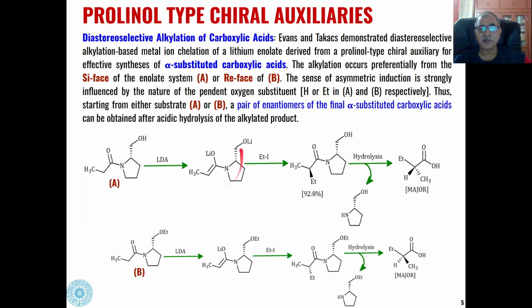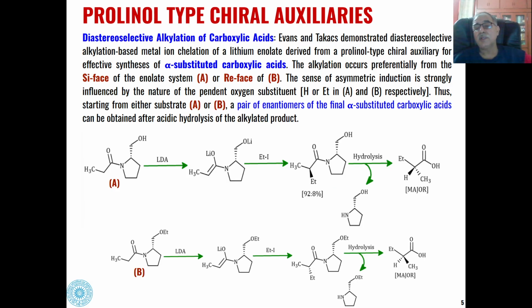This will be converted into an enolate of this type. And then these enolates, when they are reacted with alkyl halides, will undergo alkylation at this carbon, and we will see that this